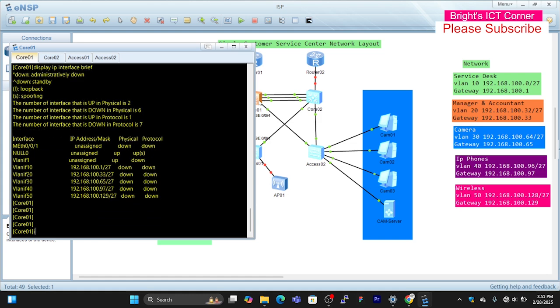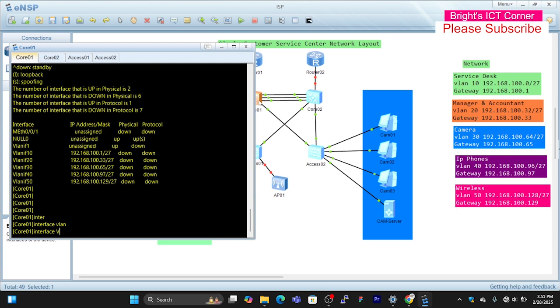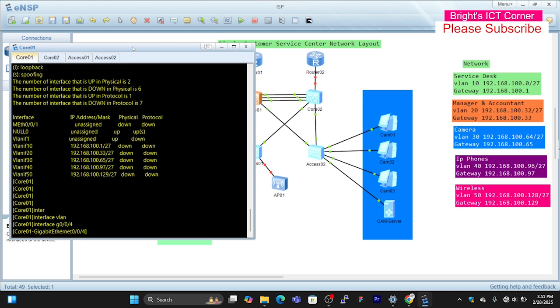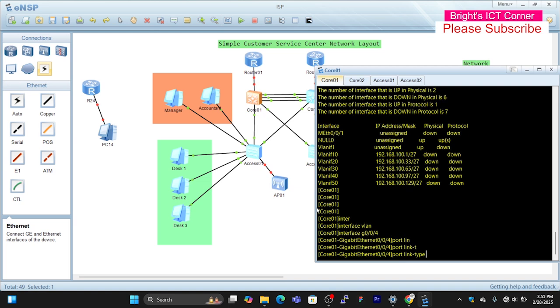So I'll come to this particular interface. Interface gig 0/0/4, right? Is it gig 0/0/4? Now to check the interface, I can just hover over it. Yes, it's gig 0/0/4. Then we change the port link type to trunk,